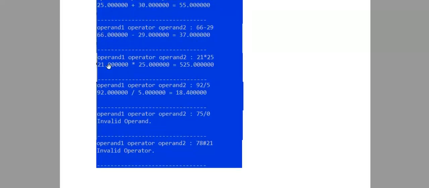For multiplication, the user has given 21 into 25, which gives 525. Next is division, 92 divided by 5, we get 18.4. Let us say operand 2 is 0. When operand 2 is 0, we say invalid operand. And suppose we give the operator as hash, 70 hash 21. Hash is not an arithmetic operator, so we get invalid operator.